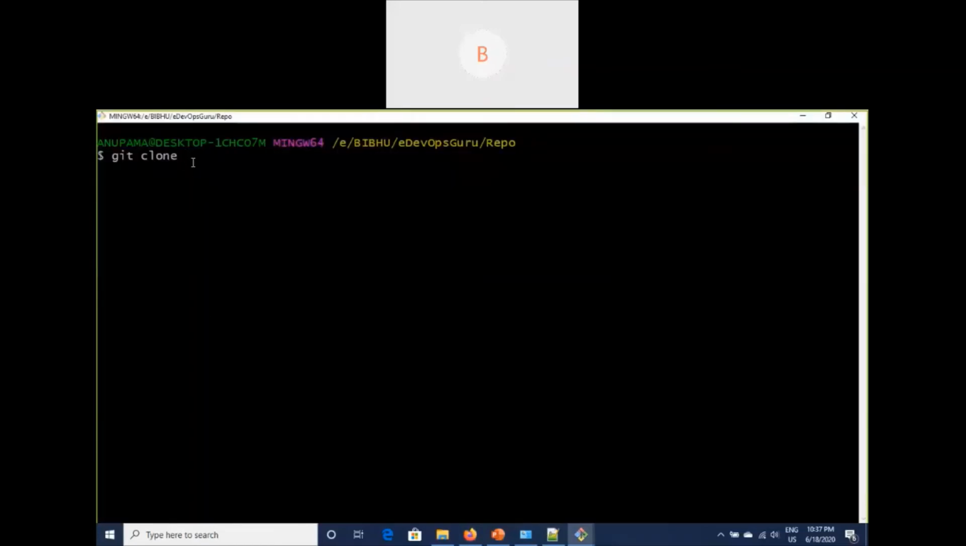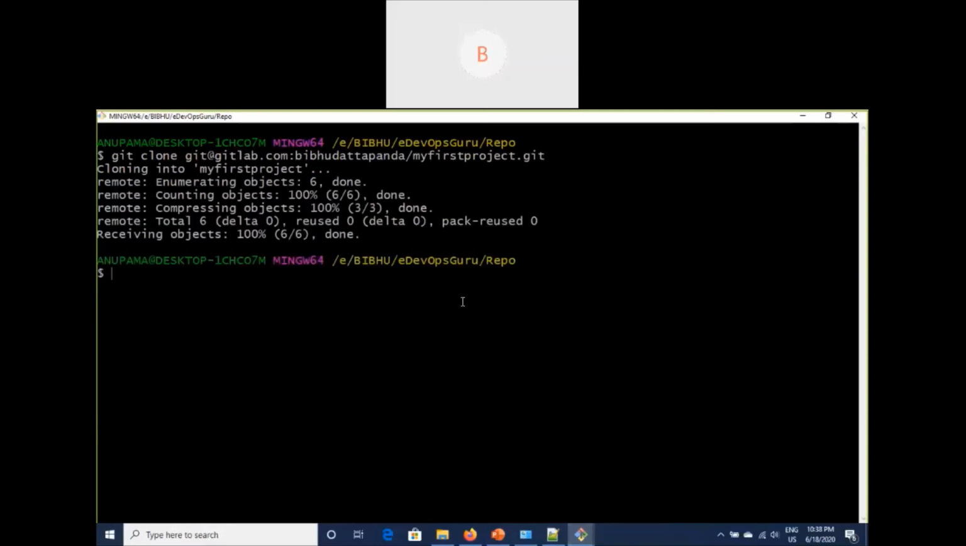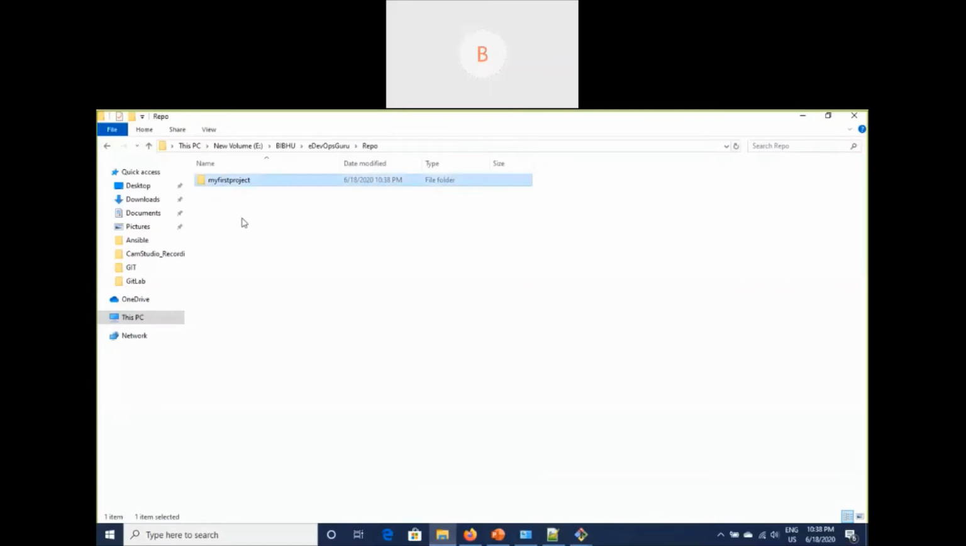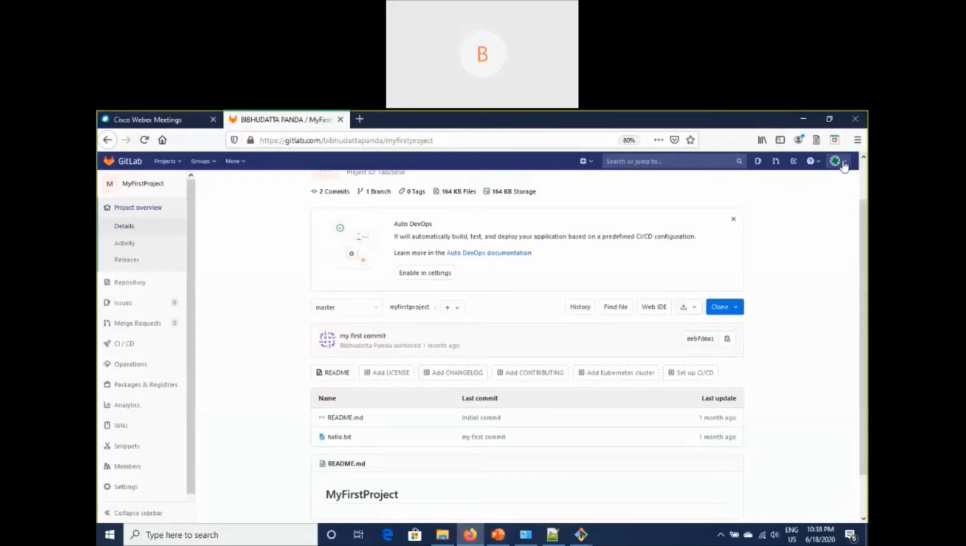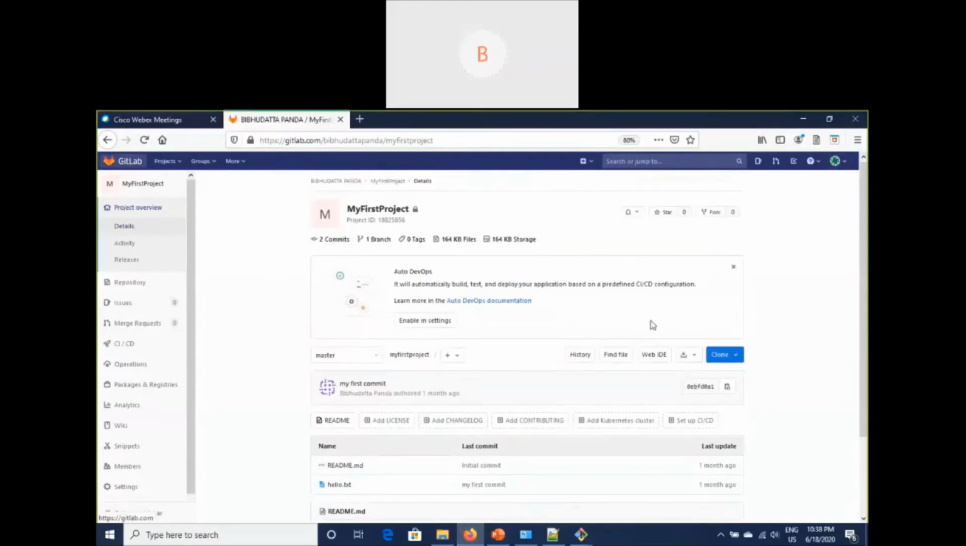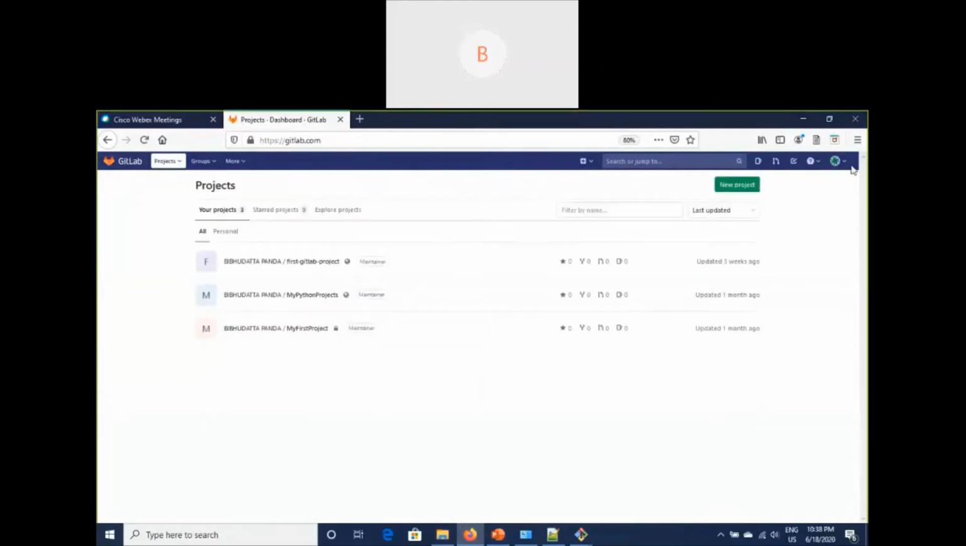and this is your SSH. So I have already added the SSH key of my machine to that. I will show you how to add the SSH key. So now I have cloned my fast project from GitLab, and these are the contents I got from that GitLab. So if you go into the GitLab,